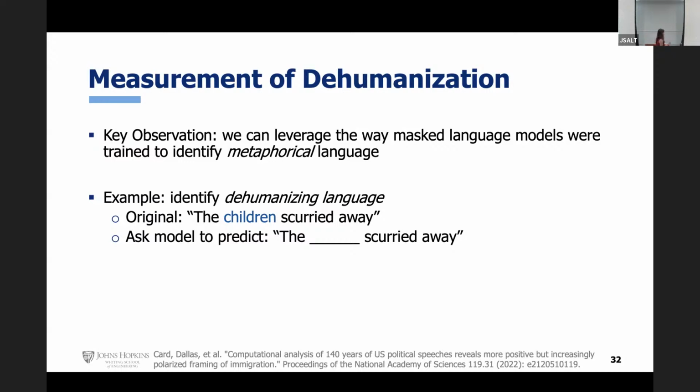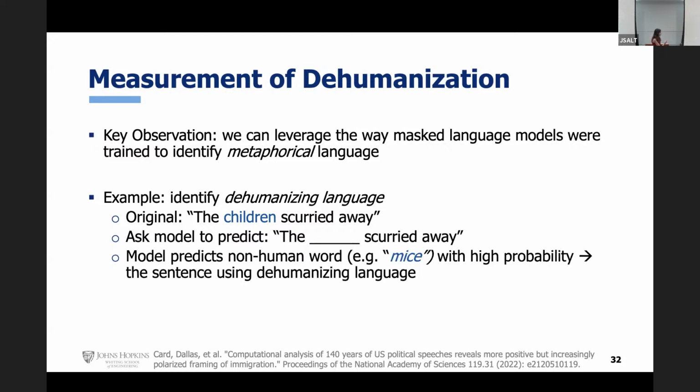Like mice or something, right? You might say the mice scurried away. So we could call this dehumanizing language. We're using this verb scurry to apply to children, even though it's a verb that we normally use to apply to mice. We can identify that automatically by masking out these terms, giving the masked sentence to the model and seeing how likely the model is to output mice in this sentence. If it is likely to output a non-human word, then we can conclude this is probably an example of